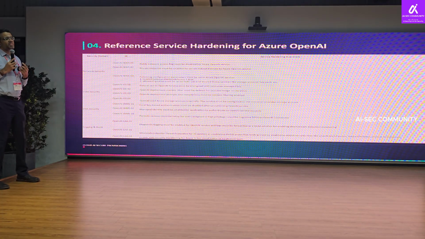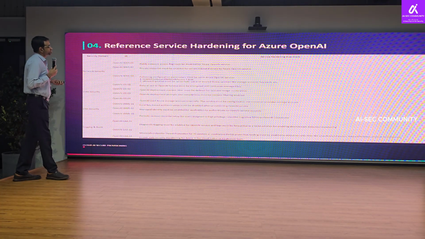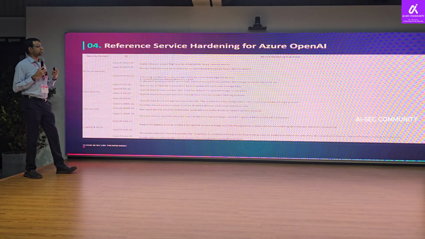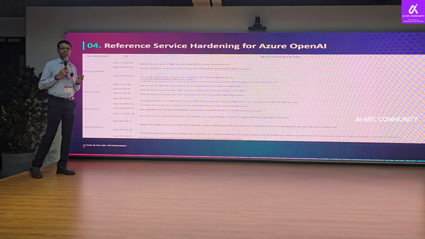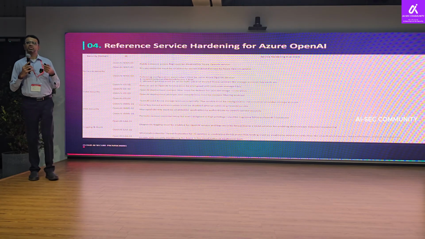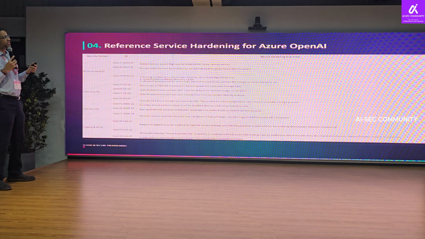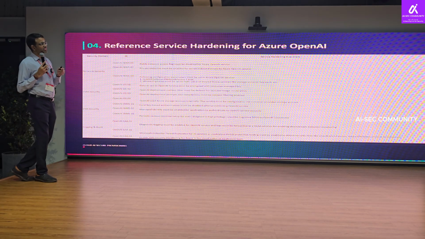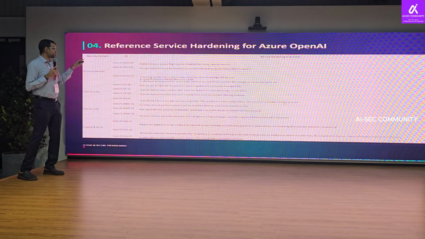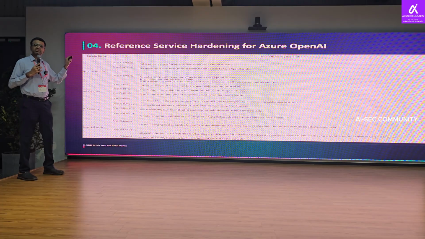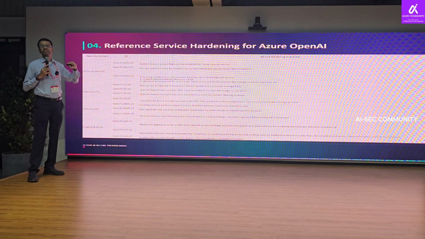That's where the next thing comes in, with respect to private endpoints. Private endpoints provide a secure way of connecting. It's more of an inbound access through which your OpenAI service can talk, ensuring that it's not over the internet.